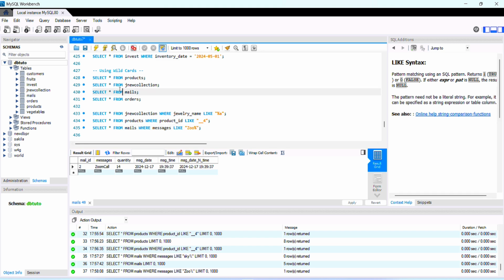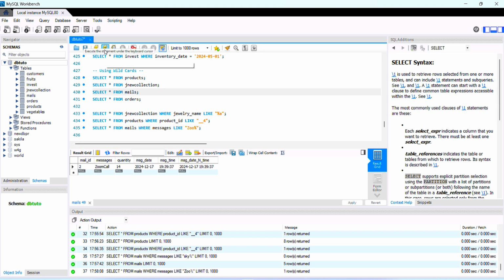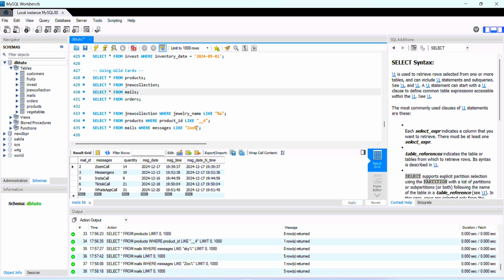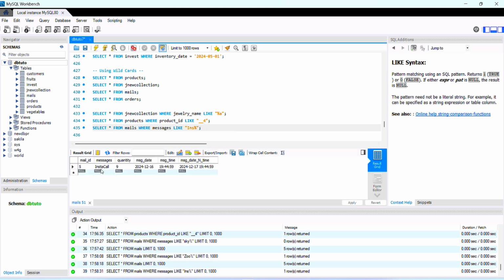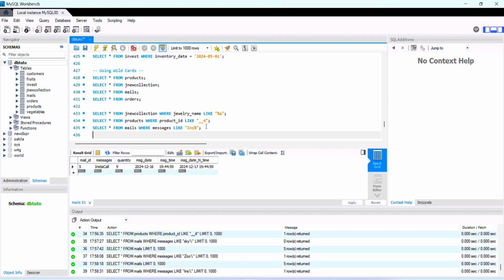Okay, now if we go back, we can make another example. For instance, Insta, and we execute, and we have one here, messages with Instagram calls. Okay, this is how we make the wildcards. Let's get another example, a last example. I'm going to get this line again, Control C it,